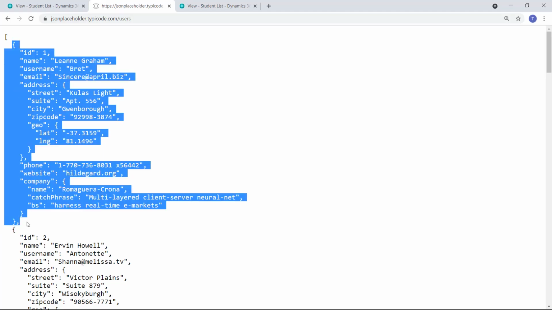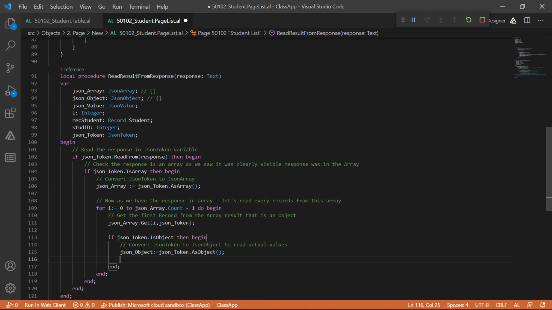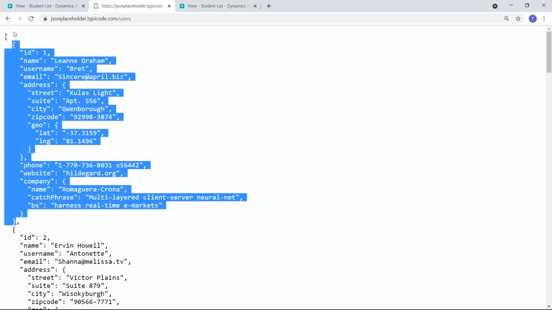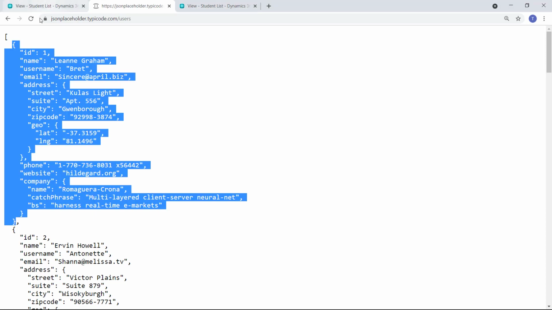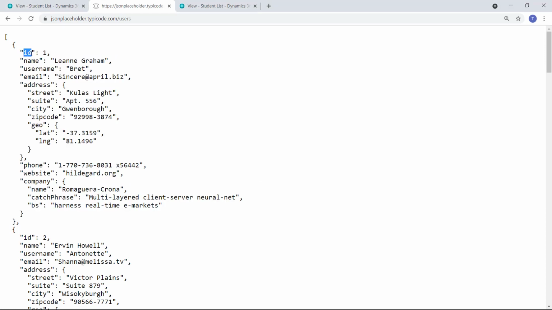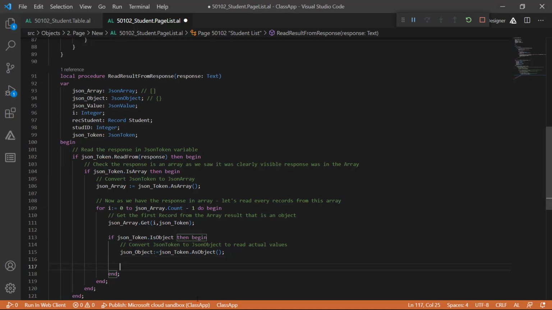So we are getting everything from the first JSON object. Everything is available in this JSON object, so this response ID, name and everything is available in this JSON object. Now the next thing we need to do is to read the values from the JSON object. As you can see, the first property here, the key, is ID. To read the ID, we need to write